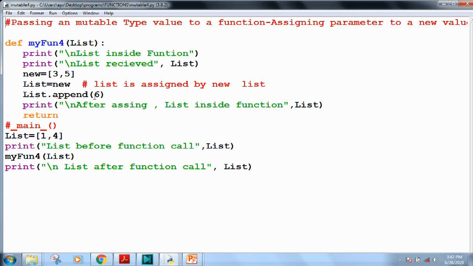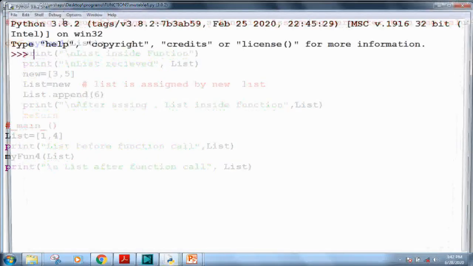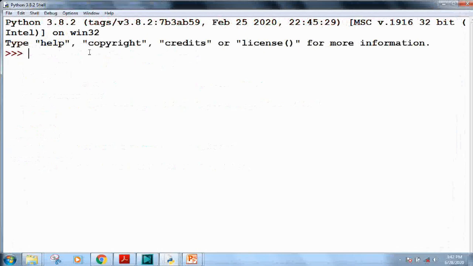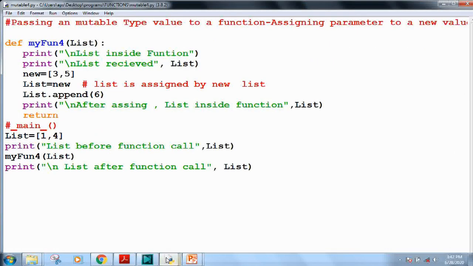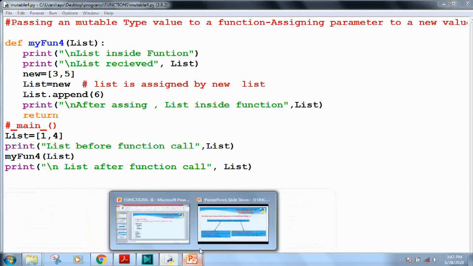Now when I append a new element and then come back to the calling function, I check whether the changes are reflected back or not. In the output, I saw that no changes are done. Changes are not reflected. The list was earlier having the elements 1 and 4, and after the function call the list also has the same elements. So this shows that the changes are not reflected back.